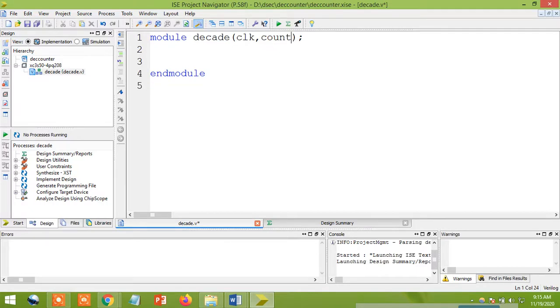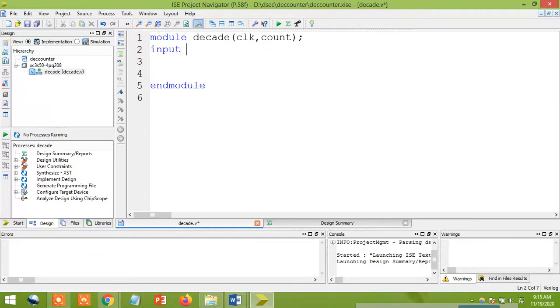So once you define that, what is the next line we are going to use? I'm going to use input.